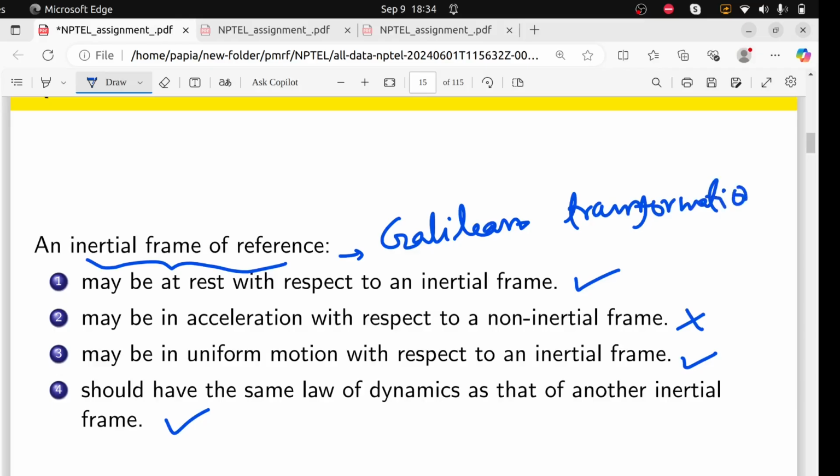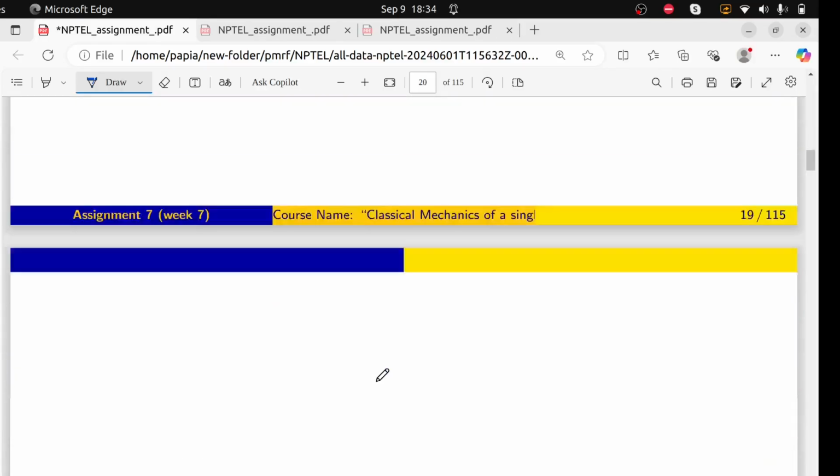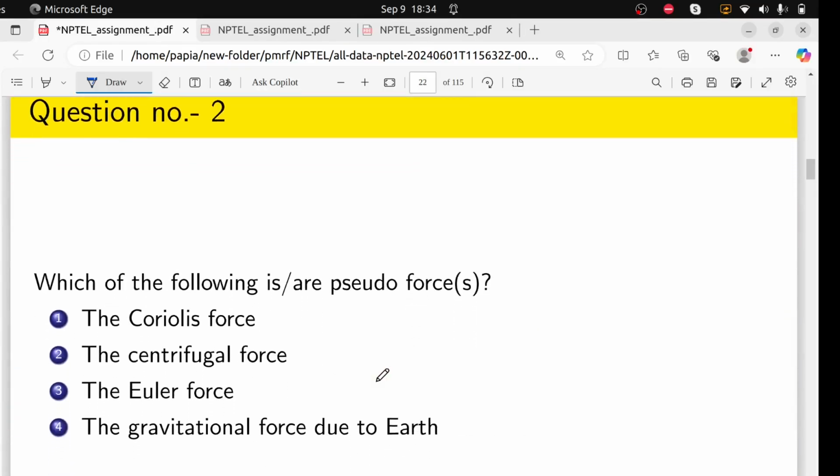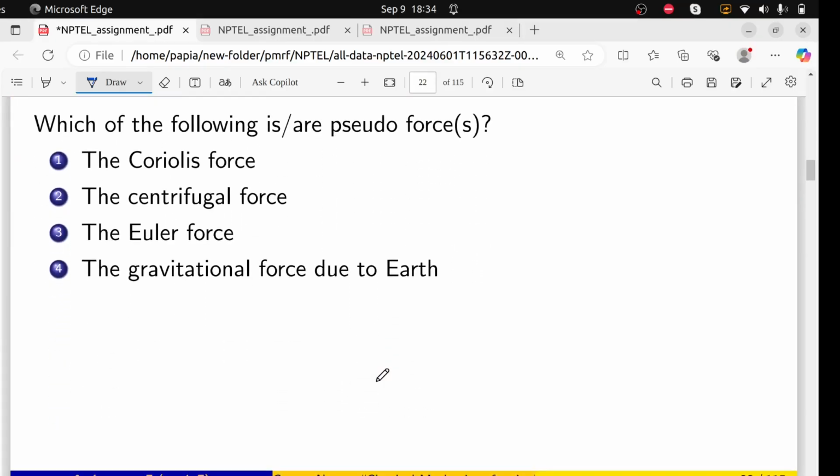Transformation, and sir was explaining these things very well, so I'm not going to explain in detail what these things are. Now coming to the second question: which of the following is or are pseudo forces? To have knowledge about pseudo forces, sir was explaining that we can have an expression. Sir already explained these things clearly in his lectures, but for a good understanding, I just mention here